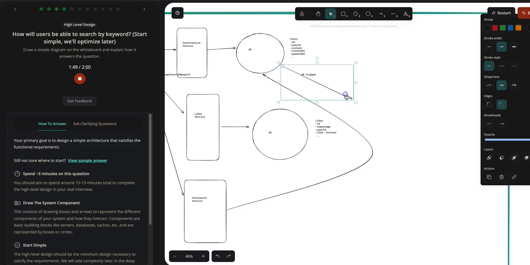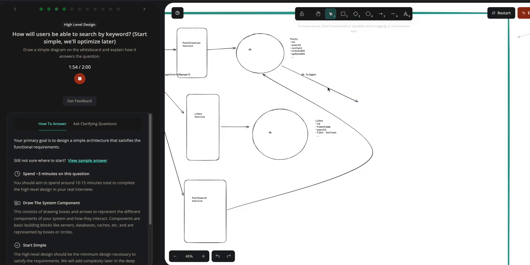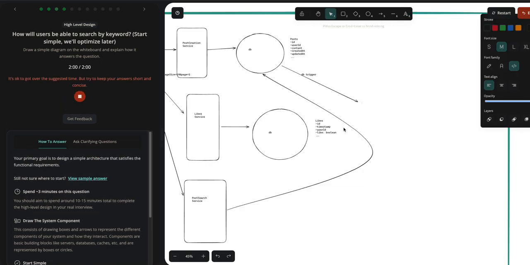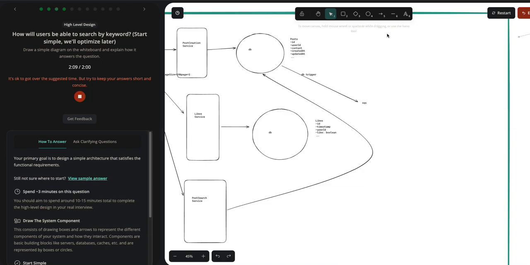Kinesis would be probably better because it's more scalable. But here, to make those events more durable and retriable, we can have them in, let's say, SQS, and then